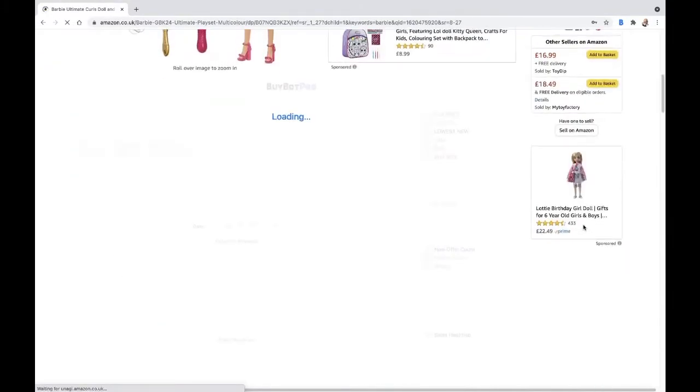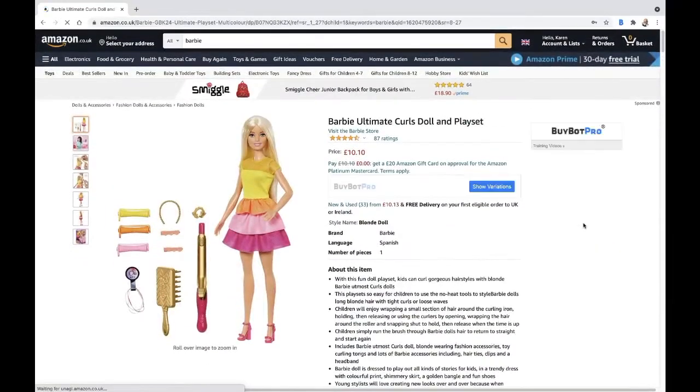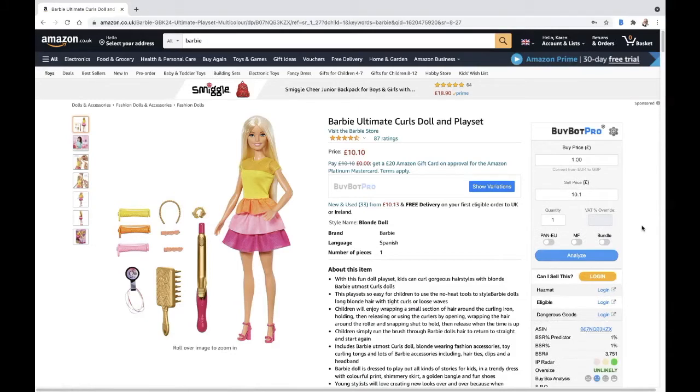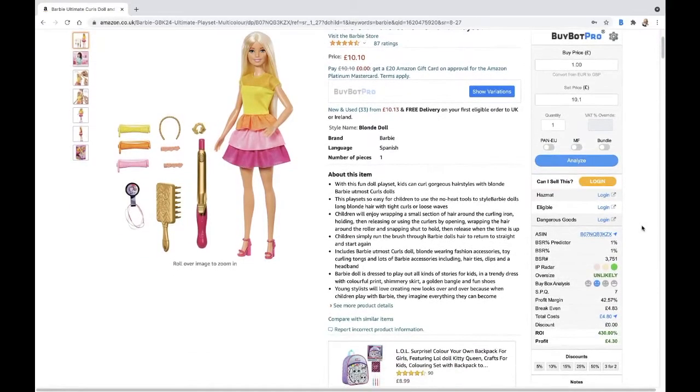And then we go back up and we reanalyze the deal on BuyBotPro. So let's say we can get it for £1 again, and we'll analyze the deal. BuyBotPro has changed the SPQ to 7. So it's gone from 16, which is what it was a moment ago, to 7, because it's recognising that you've got a smaller budget and you don't want to buy too many of any one thing. So it's recognising that and adding that into your SPQ. It's a great little feature within BuyBotPro.